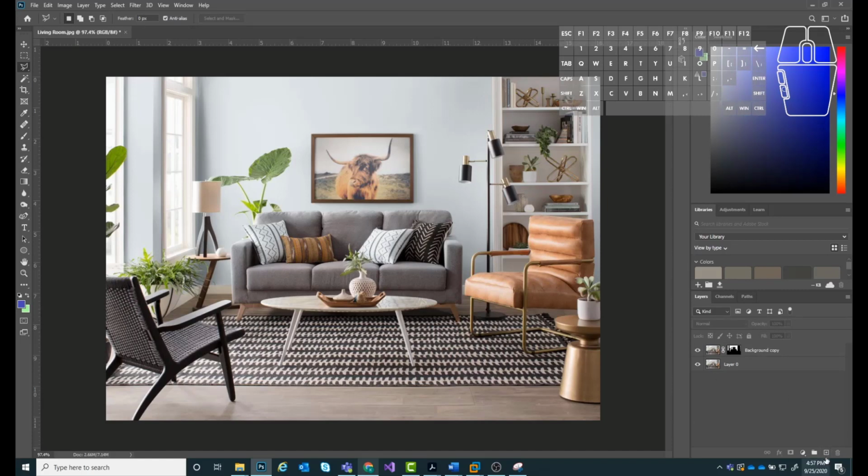Actually, we're going to create one new layer over top of our background layer, and we're going to rename this wall paint. Okay, so this is going to be the new layer that we apply the paint color to. Okay, before we do that, what we want to do is go in here to the layer below, and we want to